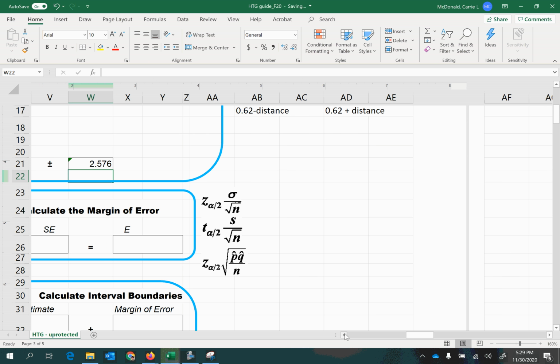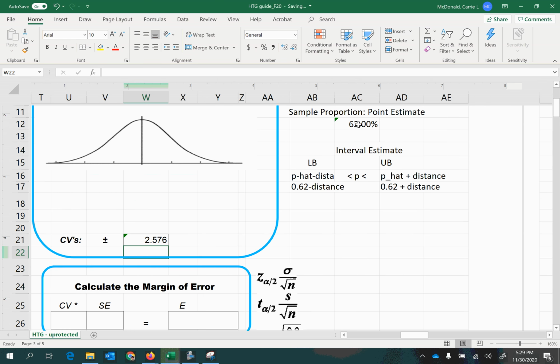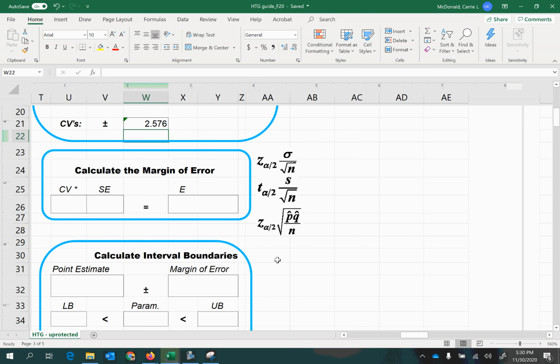So what we're going to do is take our sample proportion of 62%, or 0.62 as a decimal, and add on a little more than 2.5 standard deviations. When we're talking about a sampling distribution, where you're not just talking about individual values selected but an entire sample selected, remember we used the central limit theorem when we had something called a standard error. Well, this is similar. We're going to use the square root of p hat q hat over n to represent our standard error for proportions.